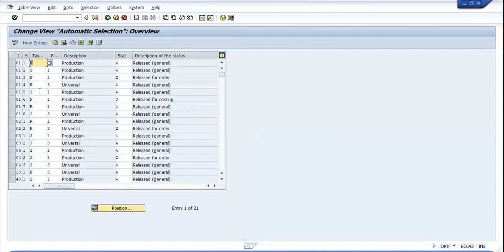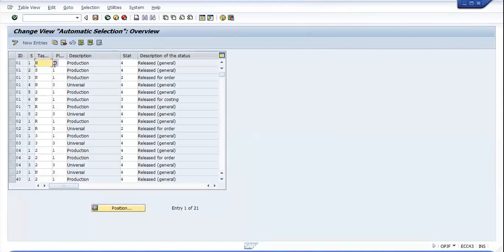Now, when I say new entry, the system gives me the selection criteria. Normally I can use 01 and 01 with 1, 2, 3, 4, 5; that's my sequence. And that's the task list type.